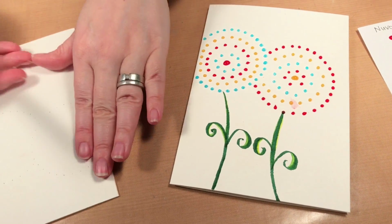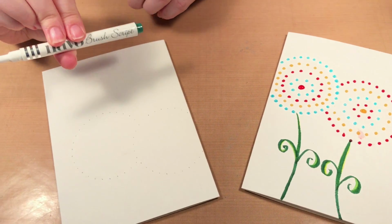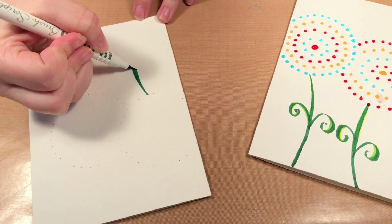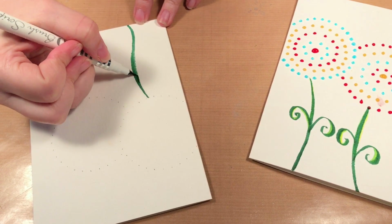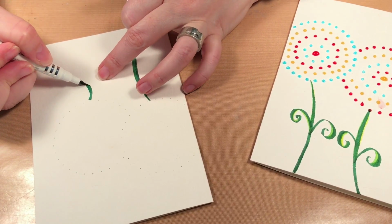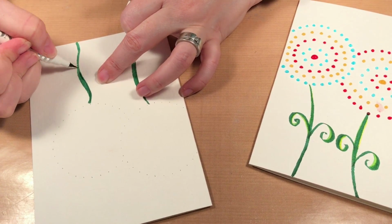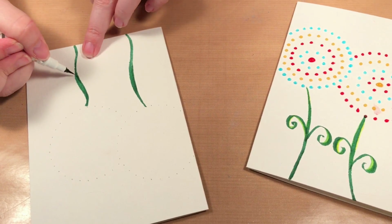Just going to turn it around so I can do it. So I'm using the Nuvo brush script markers. These are water-based. I showed them to you in a previous video. And I'm just drawing on some stems. I'm using the thick and thin of the marker just to give it some different dimension. Oh, and then some little